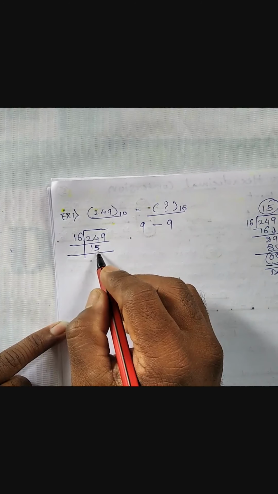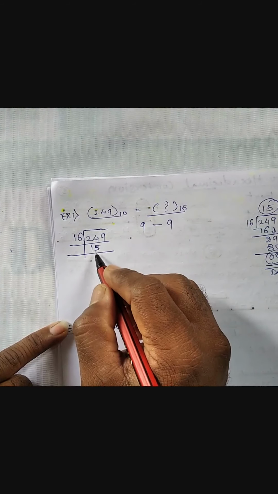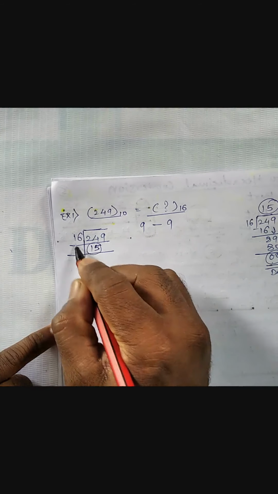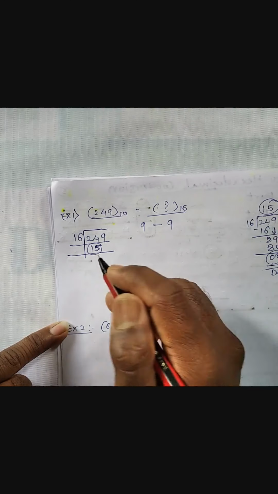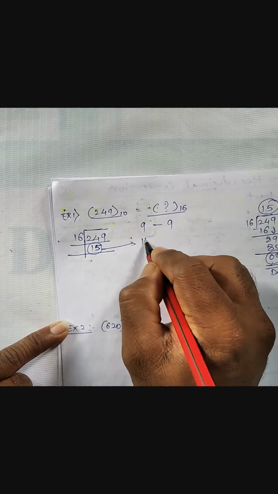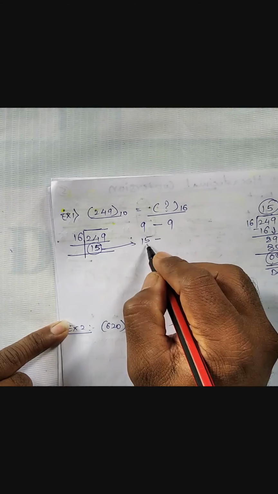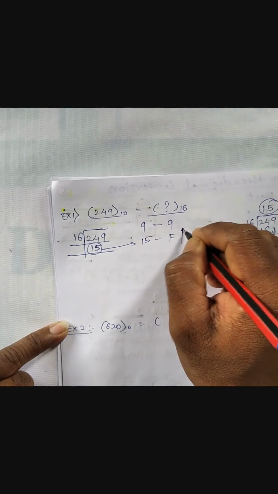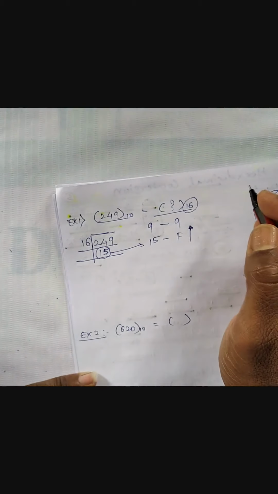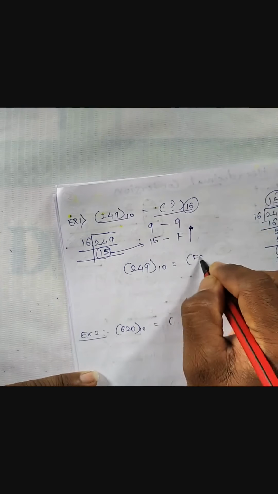Now in the very second step, we get to the last point, that is, is this number further divisible by 16 or is this number greater than 16? In both cases it is not. So take this 15 here as it is. Now this 15 is in decimal, which we are supposed to convert into hexadecimal. Okay, and then going from bottom to up, so as to note the equivalent hexadecimal number. So this 249 decimal has F9 as its equivalent hexadecimal number.